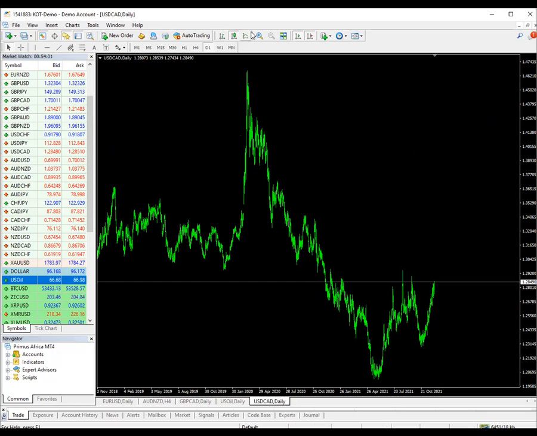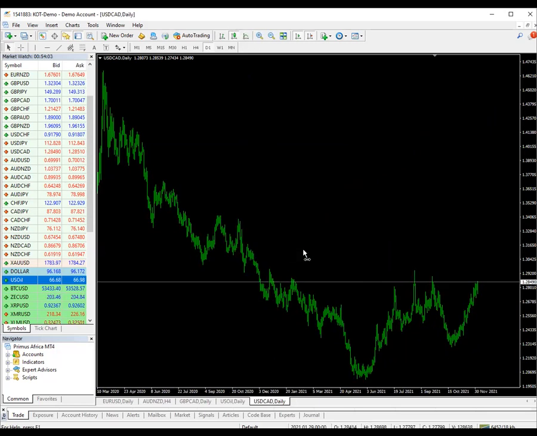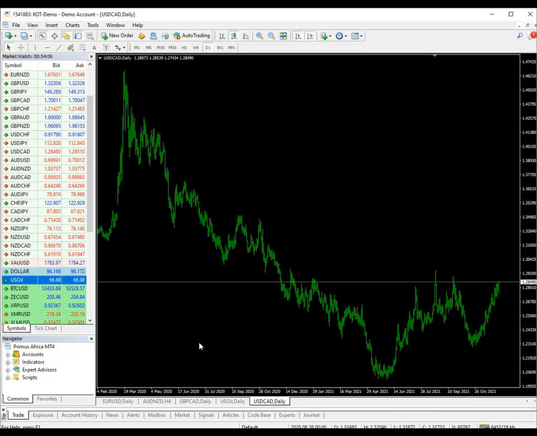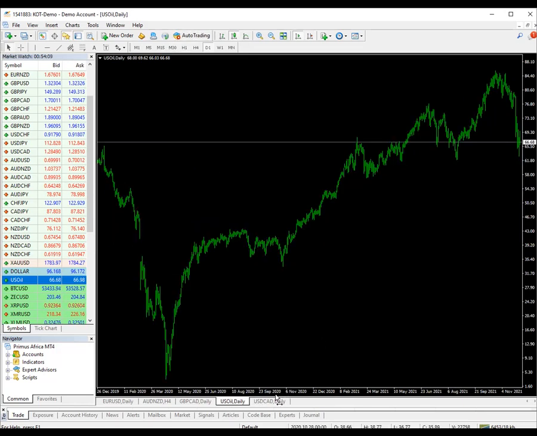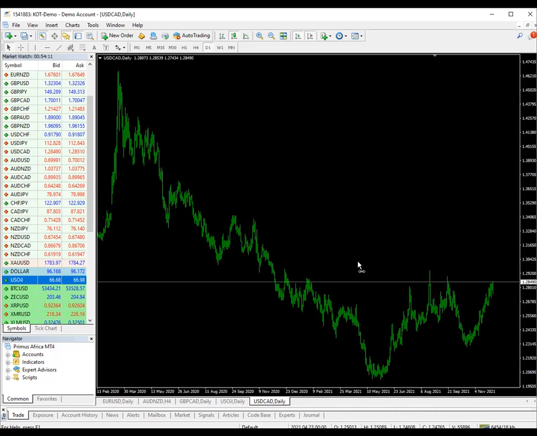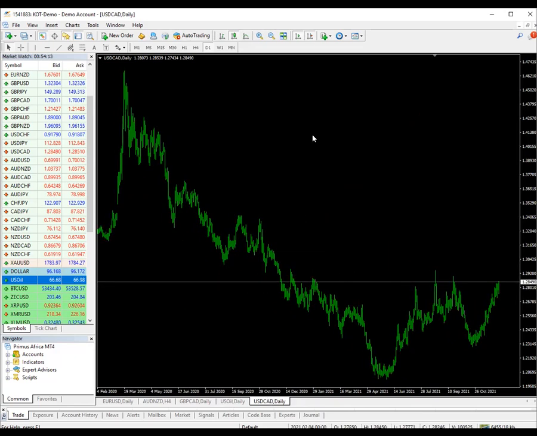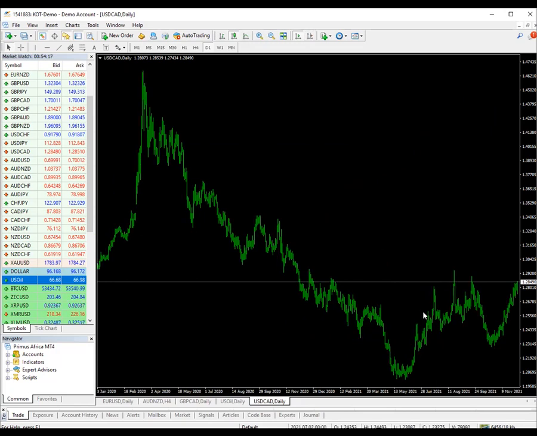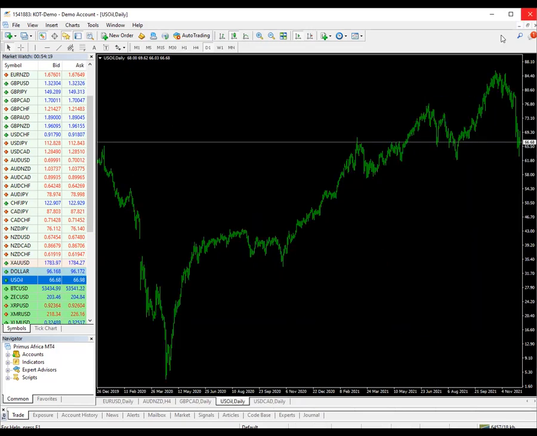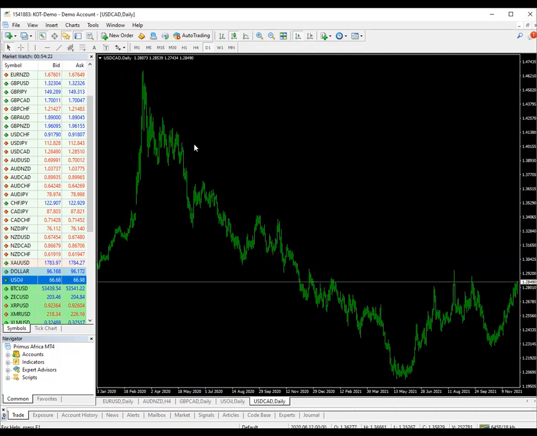Can you see that? All up, or down. Oil going up, USD CAD going down. Crude oil going up, USD CAD going down. Now USD CAD is trying to rise up, even if you use only this portion here, from here coming to this level. USD CAD is trying to rise.